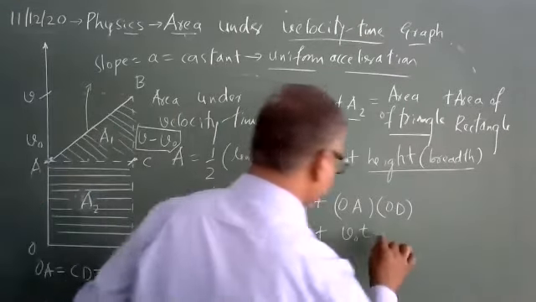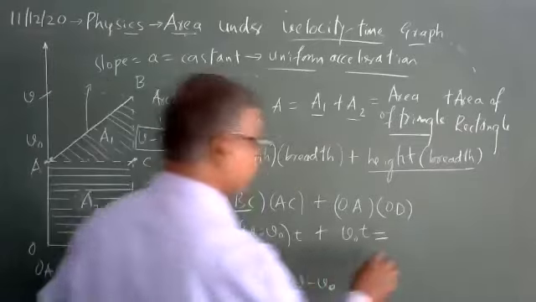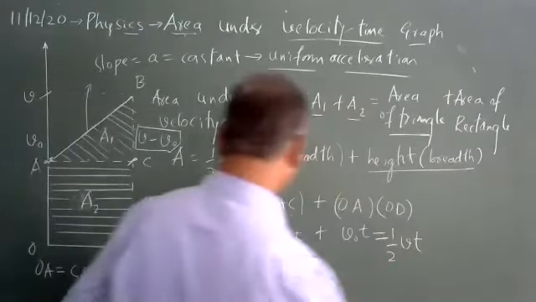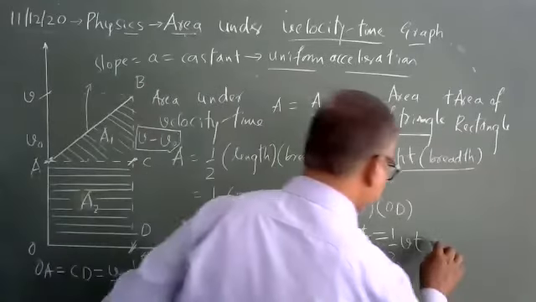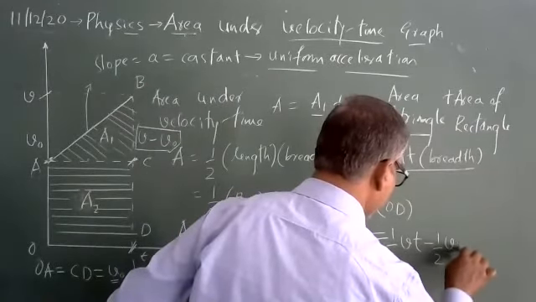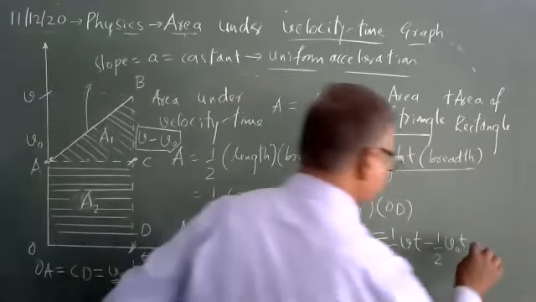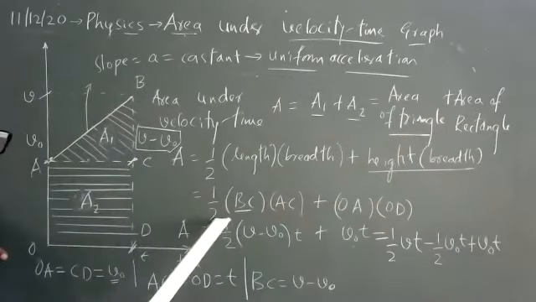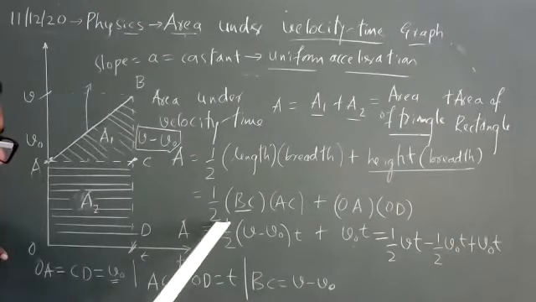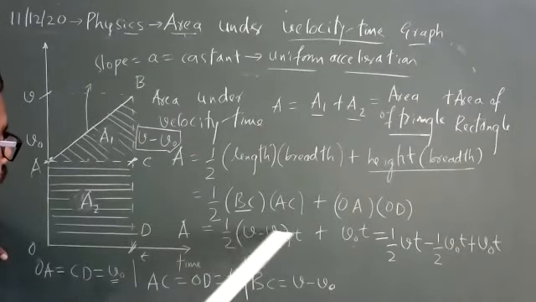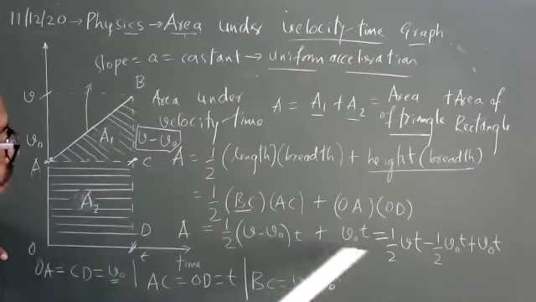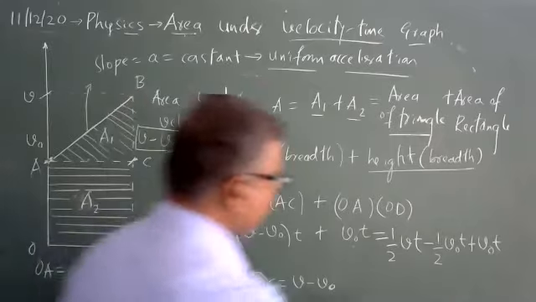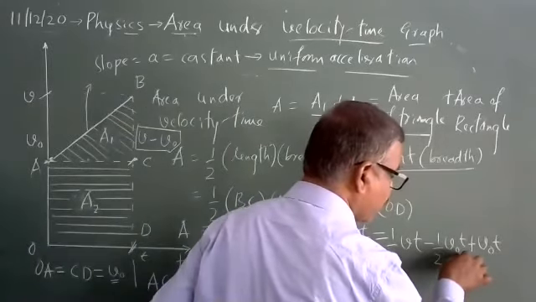You can simplify it, which is equivalent to 1/2 V T. That's 1/2 VT minus 1/2 V0T, and you have plus V0T. Look at the mathematical relation. It is half, V minus V0. If I take half inside, 1/2 VT minus 1/2 V0T equal to plus. So this is minus half V0T, and this is plus.